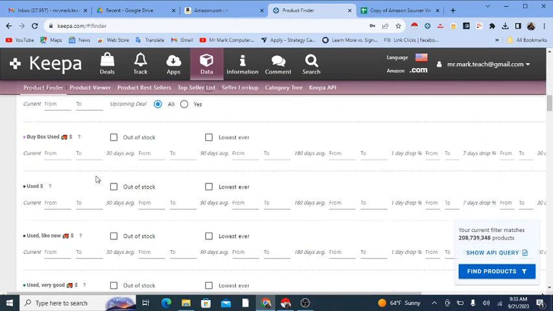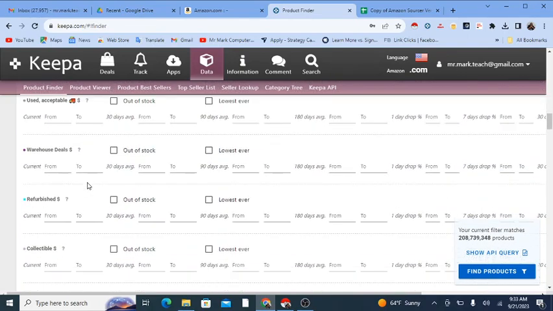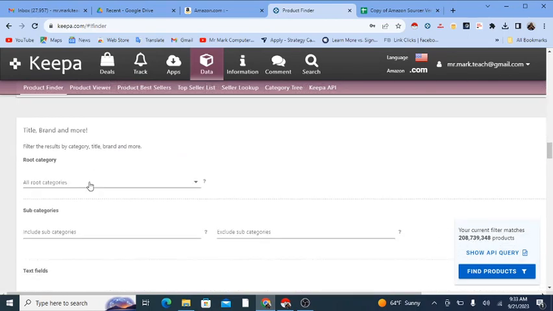Now, I'm going to completely skip the rest of that section, because everything is optional. And I'll now go over to title, brand, and more. And by the way, you'll see the number of products that match the filter so far. So far, current rank from 1, that gives me 209, if you round it off, 1 million products. Now for title, brand, and more,